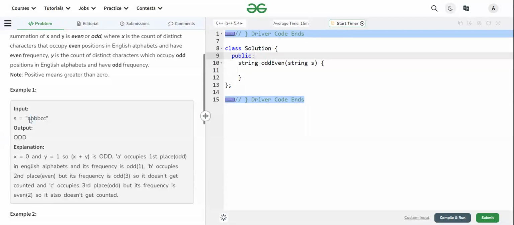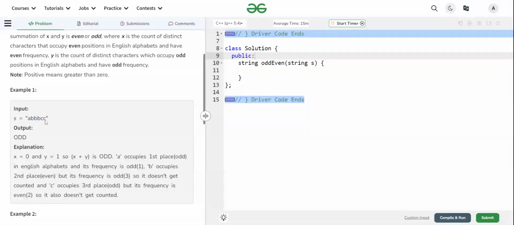Suppose a is in an odd position, and the count of a is 1. So the y value will be 1. And b is in an even position, but its count is odd, so no value is added in x.